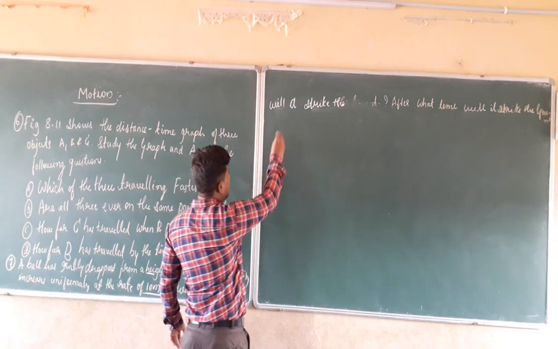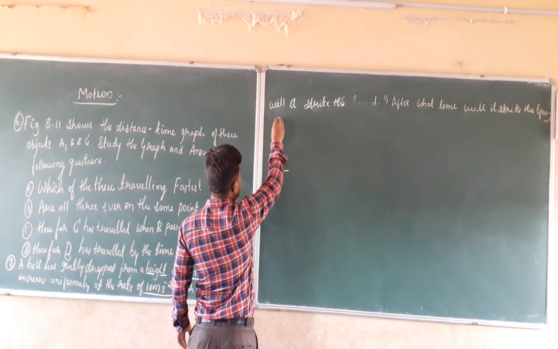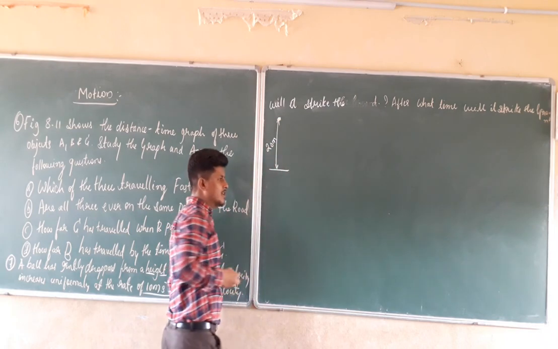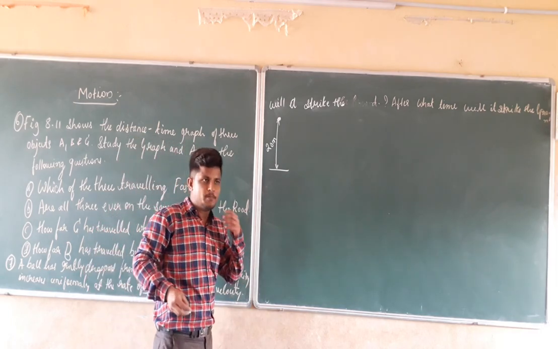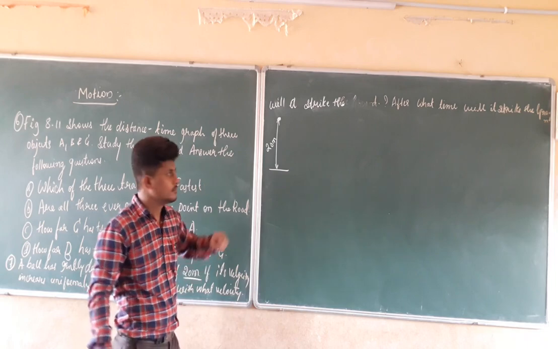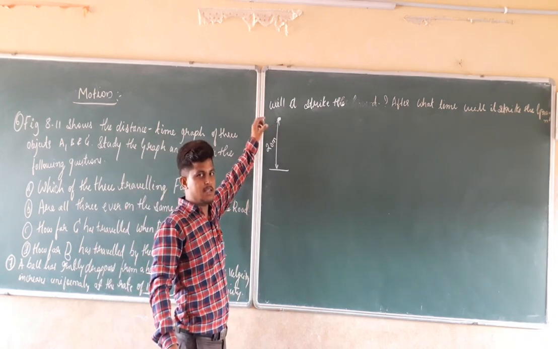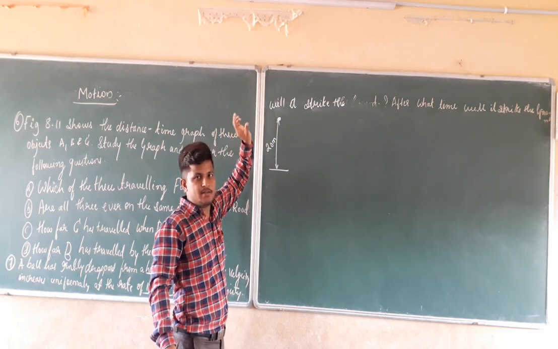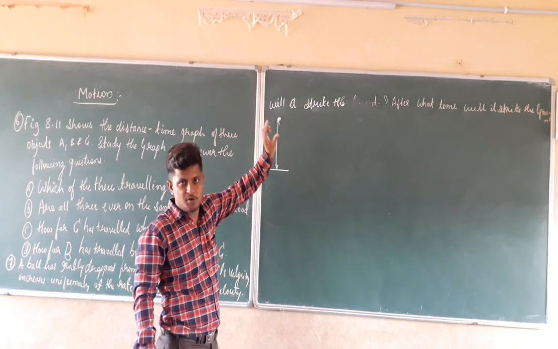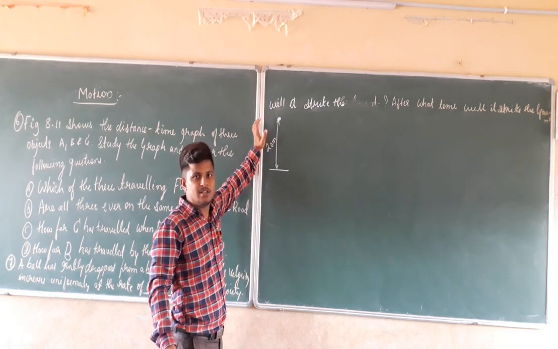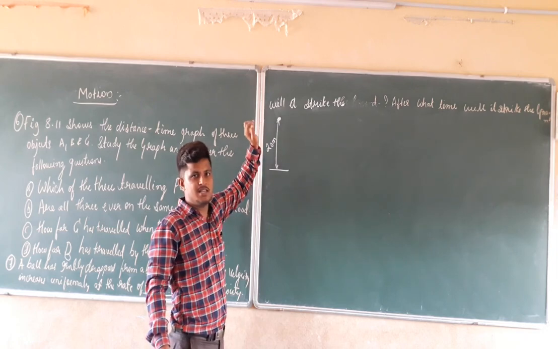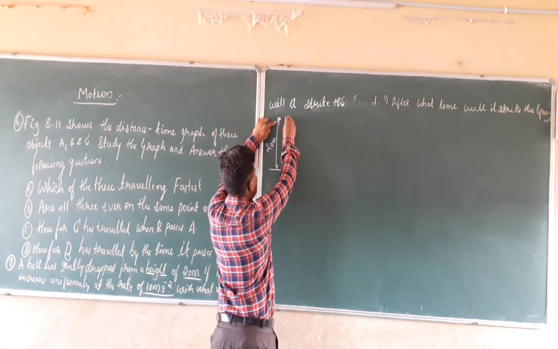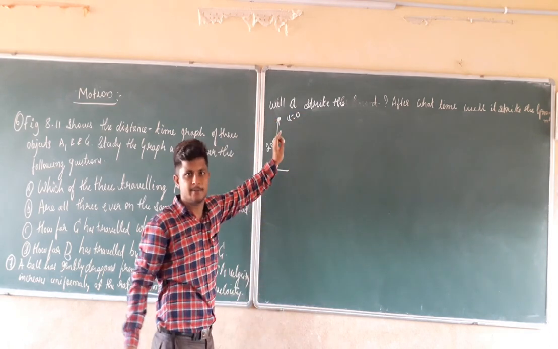If I take a ball here, this is the ground. The ball is at a distance of 20 meters, and we are going to gently drop it. Before dropping the ball, while we are holding it, what will be the velocity? It will be at rest, so there is no movement. If there is no movement, the velocity of the ball is 0. So initially the velocity is 0 at this point.